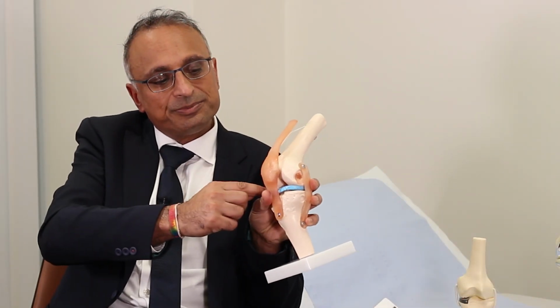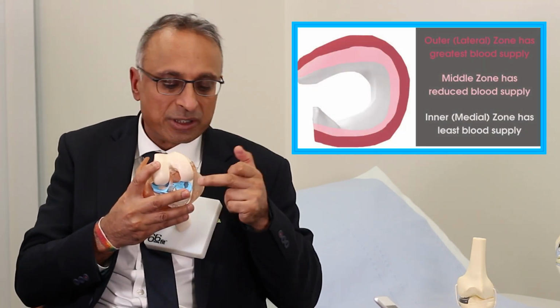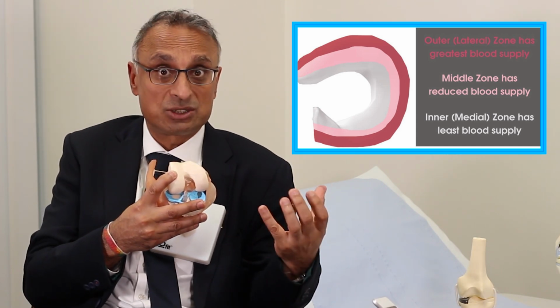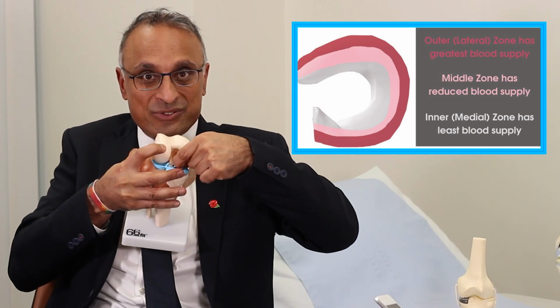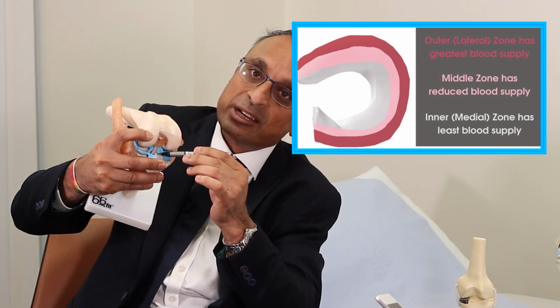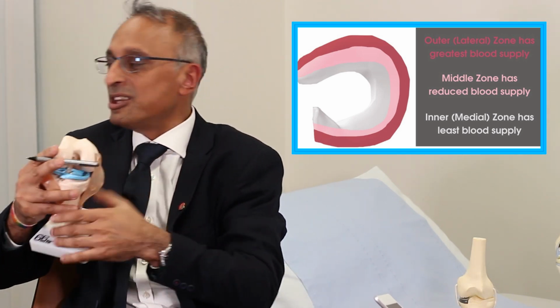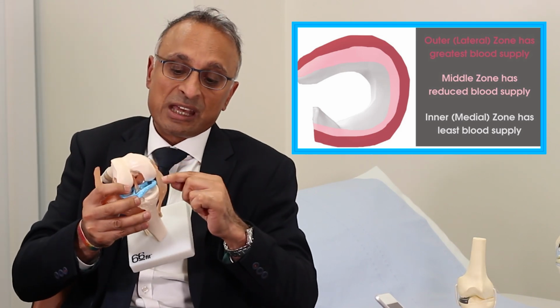So the meniscus blood supply comes from the outside, okay? So if you look at the top of the meniscus here, the blood supply comes from the outside, and the inner part of the meniscus, the bit that's commonly torn, I think you can see this meniscus has got a flap of tissue here. This meniscus is in a non-blood supply area. Okay, so that's going to involve removing that flap of tissue,